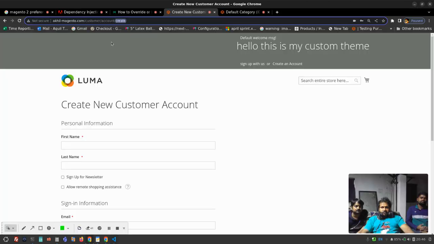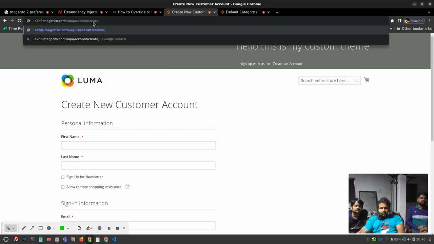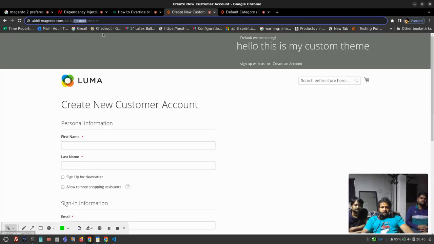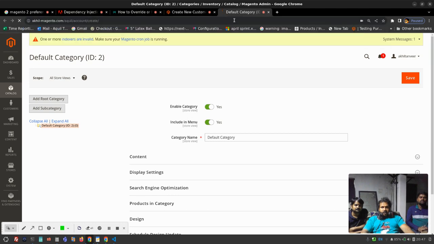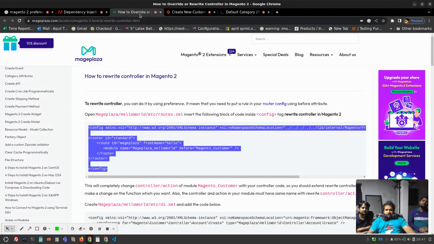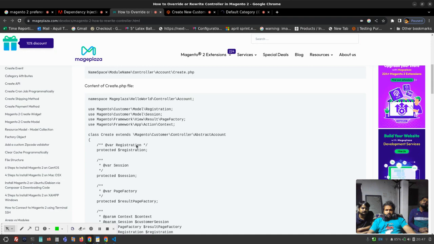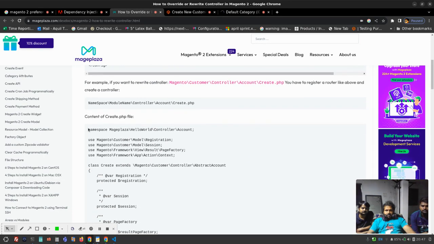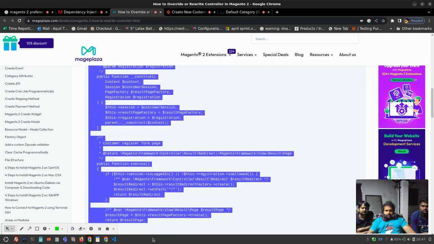The front name is customer. To access my controller, I need to write here AQUIL, that's my route name, then account and create. So this file is going to be executed when I hit enter on this. Currently the file is not created, so it's not going to do anything. Let's copy the controller